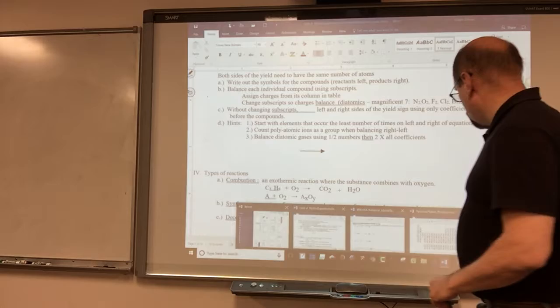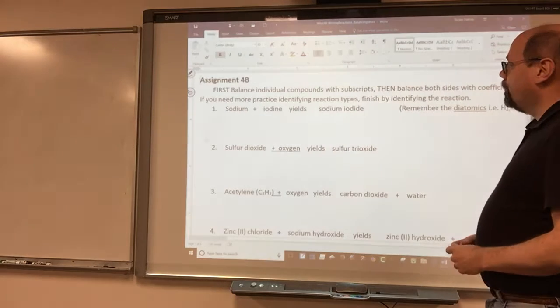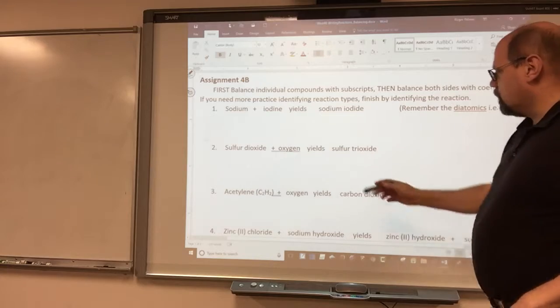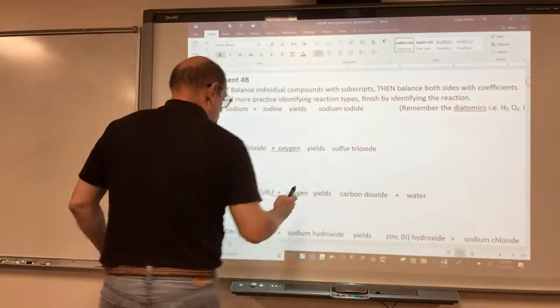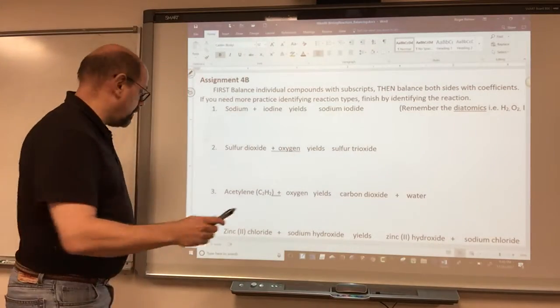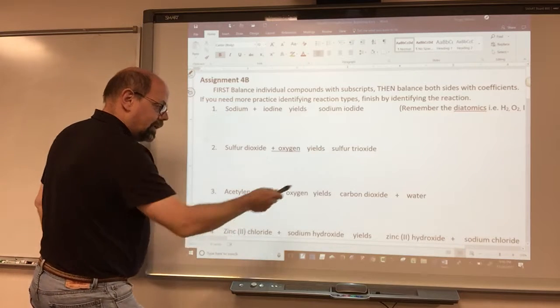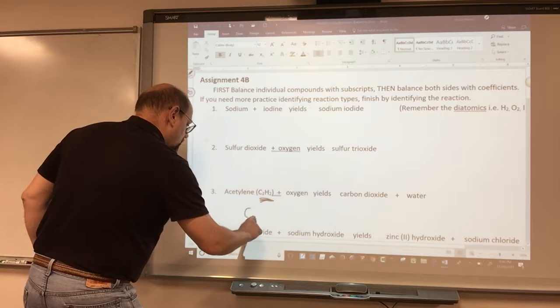So let's go in and take a look at this example. Let's do this one because I like the acetylene one. We're going to do number 3 here together. Acetylene is given already. Here's the formula for it. There's 2 or 3 places where I give you the formula for it. But that's going to be C2H2